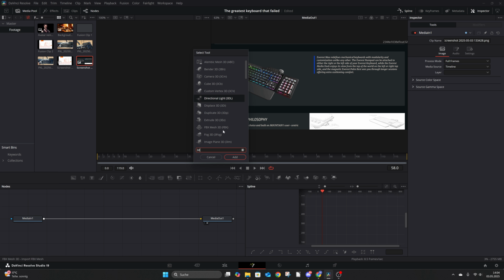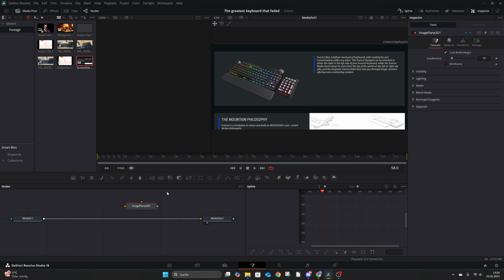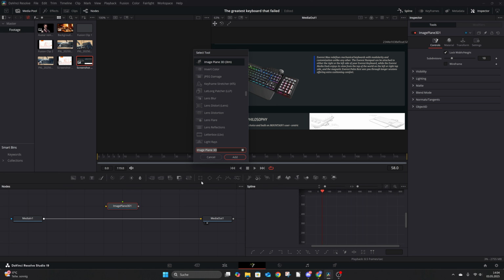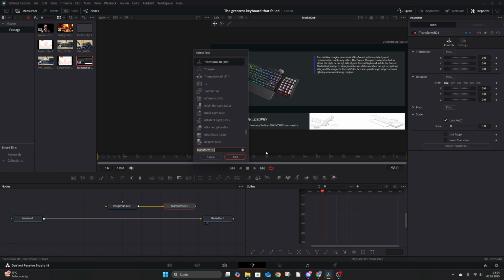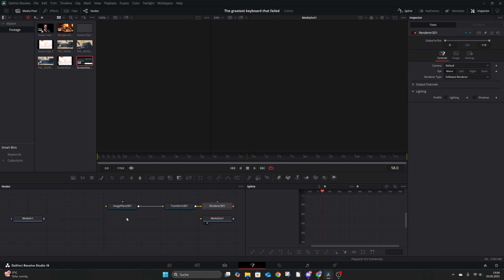And what do we need? At first we need an image plane 3D, add. Then we need a transform 3D to actually make our transformation. And then we do not only need to transform it, we also need to render it. So render 3D, add. And now we connect our media in. We connect our media in like this,